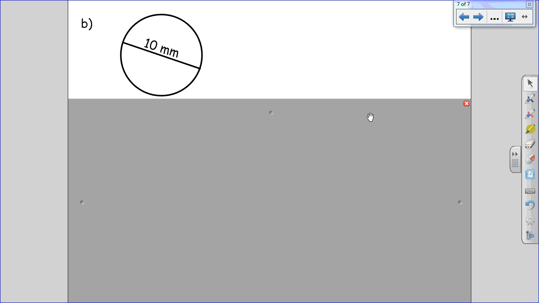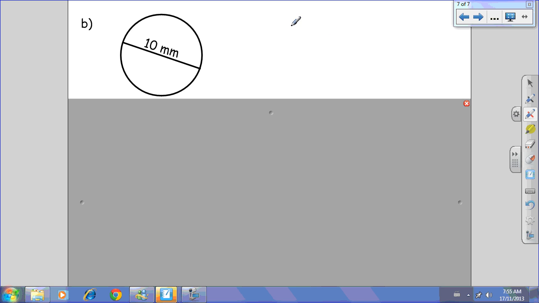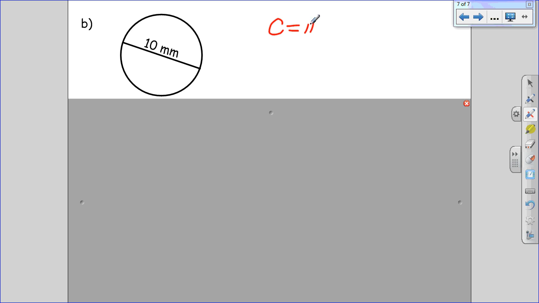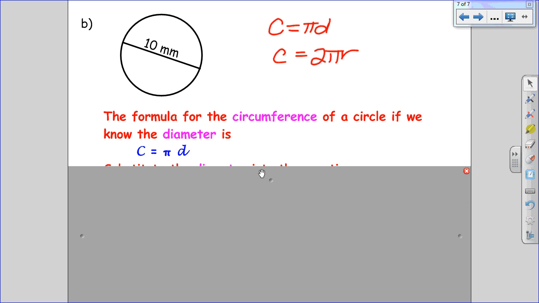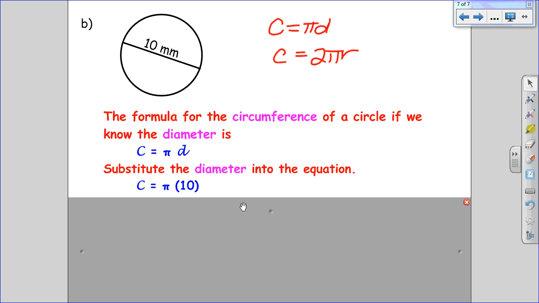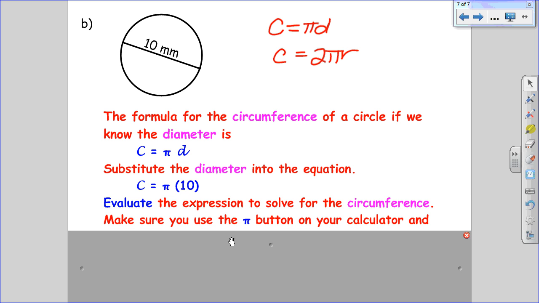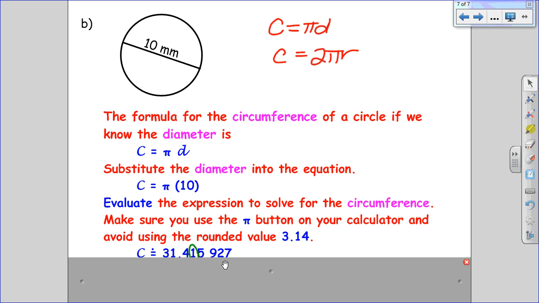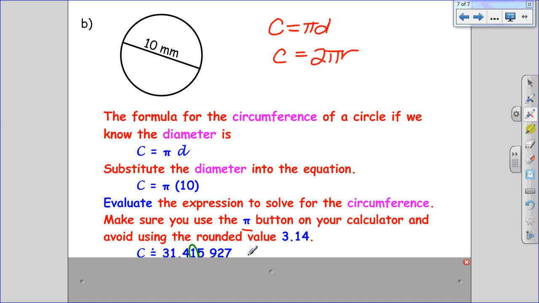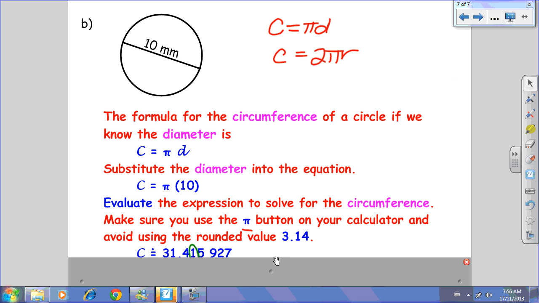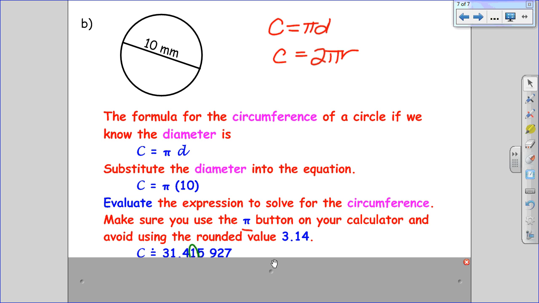Now for the next shape, we have 2 formulas for circumference of a circle. We have circumference is pi d, and we have circumference is 2 pi r. Now, when I think about this, what's easiest to do? Well, I know the diameter, so I'm going to use pi d. And we just substitute the 10 in, and I have to use the pi button on my calculator. It's a special button. It looks like a pi. You're going to have to look to find it on your calculator because we want exact measurements. So when we multiply 10 by the pi button, we get